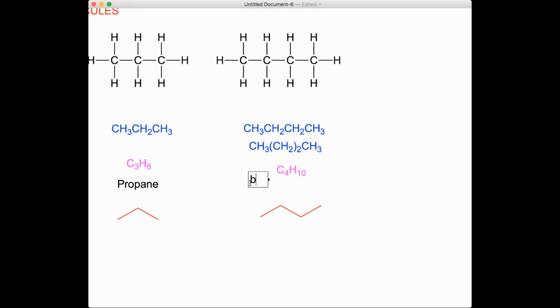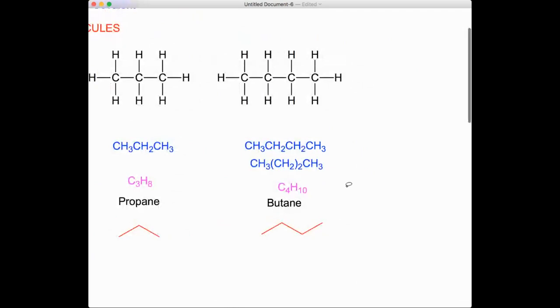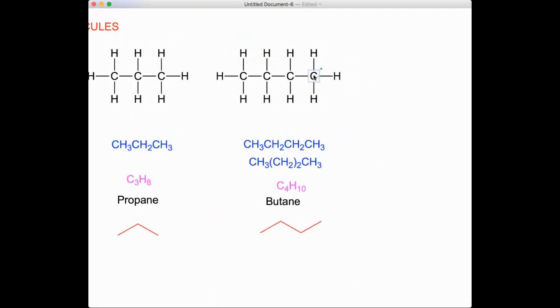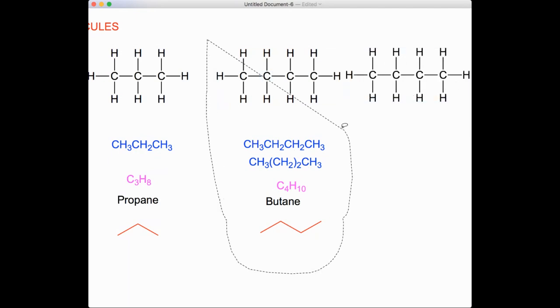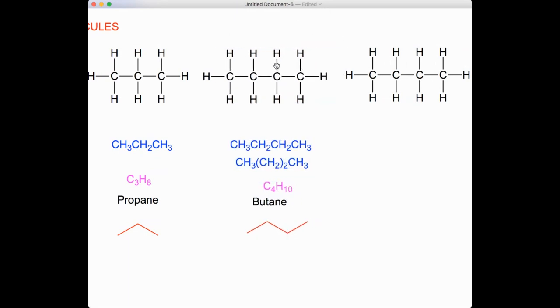You don't need to know the names for now, okay? We'll learn nomenclature in organic chemistry later on. Because these are simple common names, but once they get more complex, you'll need to know the rules of nomenclature to name the compounds. So that's next semester. All right, so now I'm gonna show you this, okay? This is a molecule with 4 carbons. However, there is potentially another way to draw an organic molecule with 4 carbons, which could be this one. So let's say